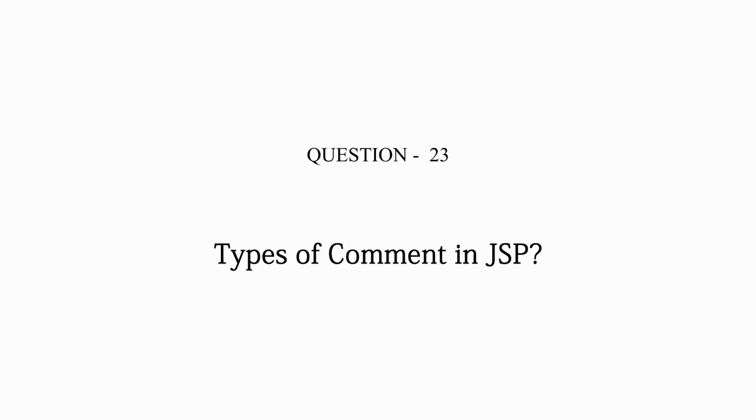So basically there are two types of comments in JSP. We have hidden comments, then we have output comments. Hidden comments are those comments which are not processed by the JSP engine. Output comments are those which are not hidden and they appear in the output. So they come as a body, and whatever you write in the comment part, it will be coming as an output, while your hidden comments will not be shown to the user.